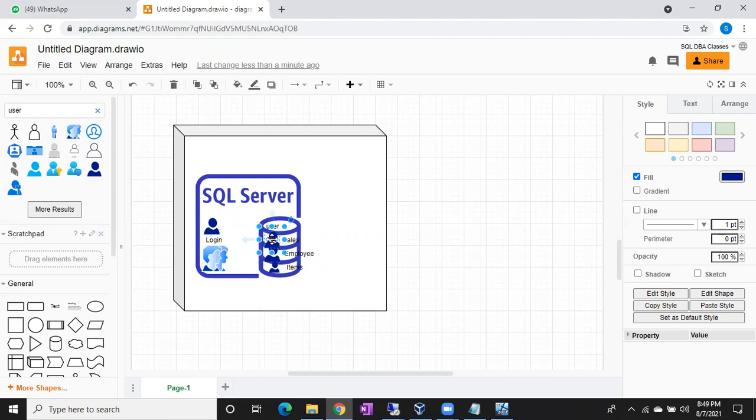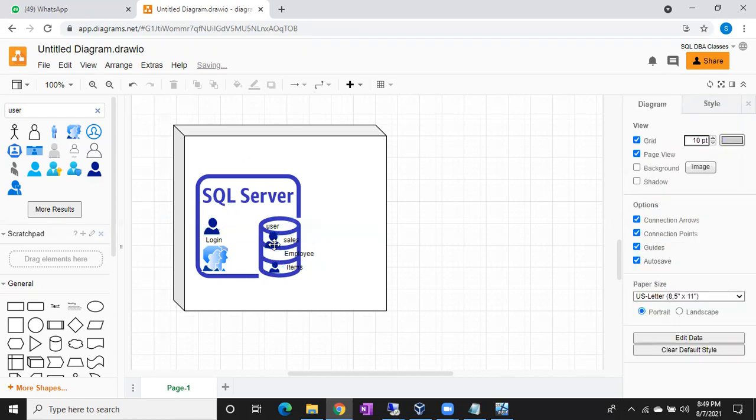If someone deleted the user by mistake, even though the login is there, even though the login has permissions on the sales database, if someone deleted that particular user, now Sudarshan can't access the database. Why? Because the helper is deleted, right? There is no one to help the Sudarshan login now. Is it clear, guys? The difference between a login and a user?